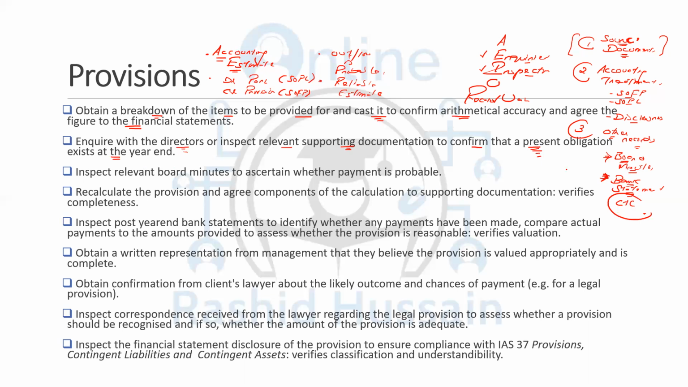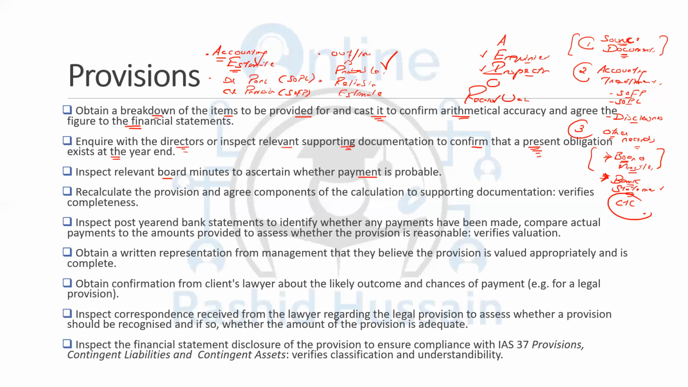And then we have the board minutes. Again, you see the importance of this procedure. Inspect the relevant board minutes to ascertain whether the payment is probable. This is this criteria. So if you have the accounting knowledge, because you are an auditor, your substantive procedures means